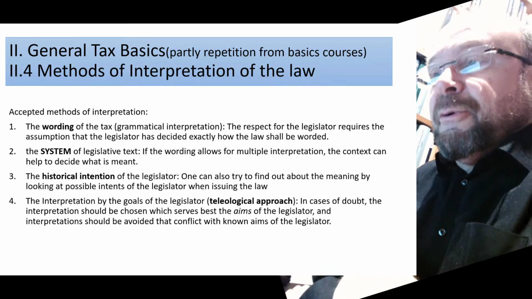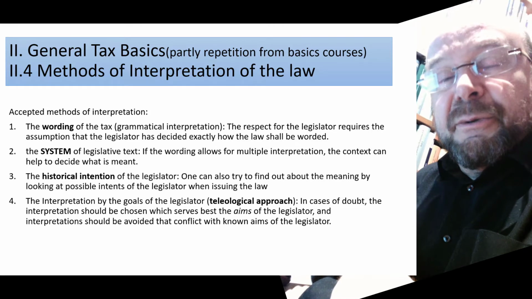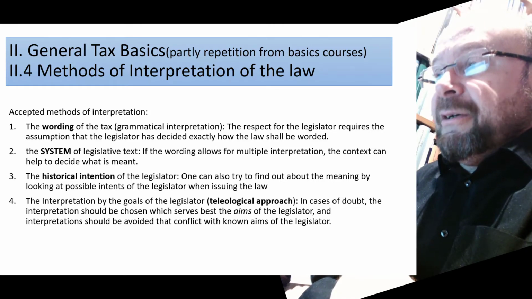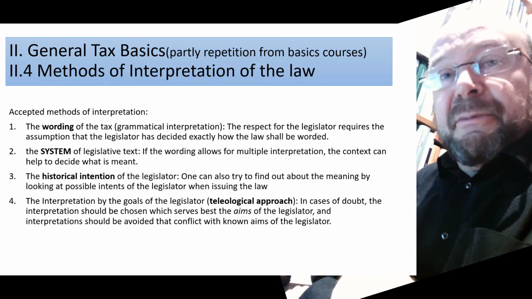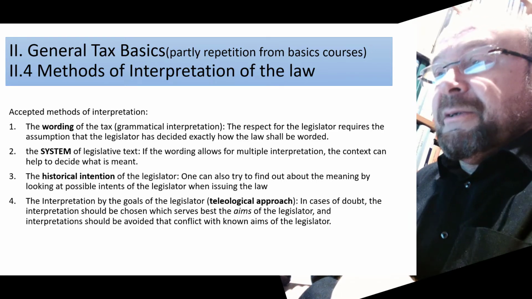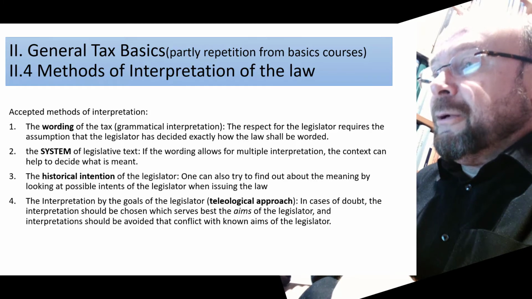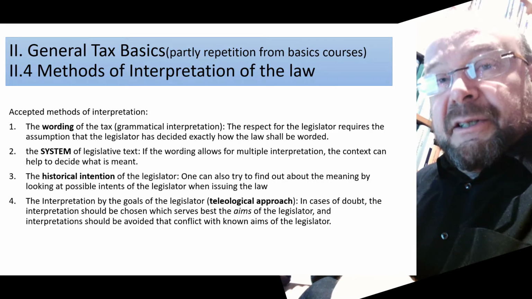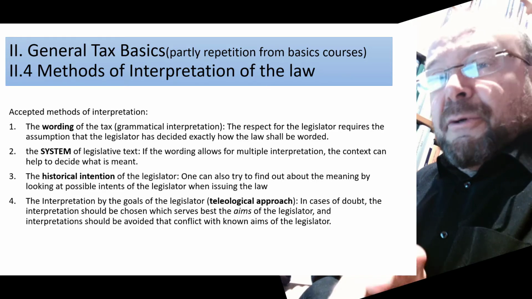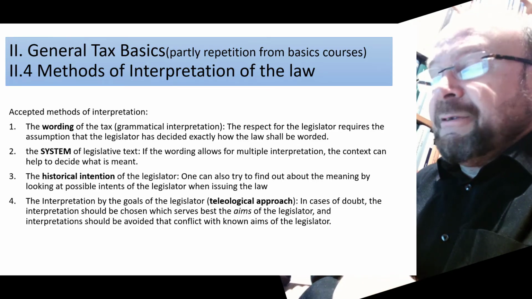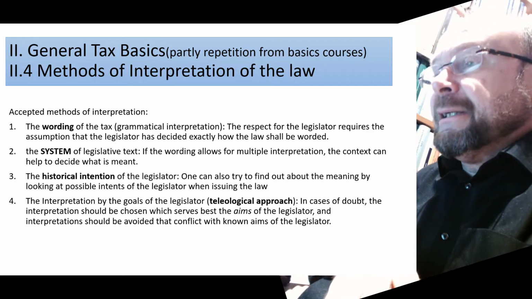By the way, these four methods are also in principle the same methods which apply to the text of European Union law, although there the wording of the text has a different importance. Whereas in a national text, one can reasonably assume that all the members of Parliament understood the exact nuances of the text and were able to see what they voted for. That assumption cannot be upheld in a case where 600 or 750 members of Parliament vote on 24 or so different language versions of a text,